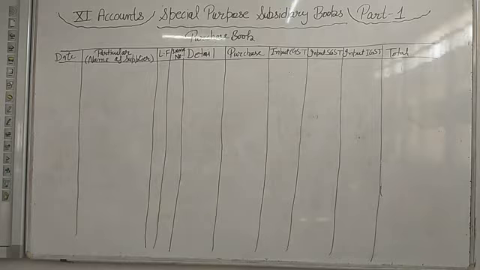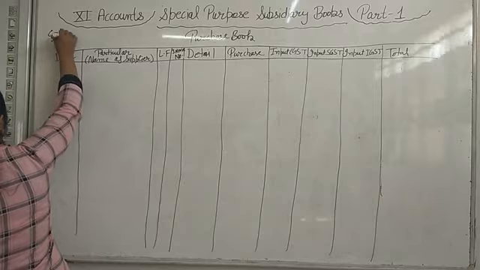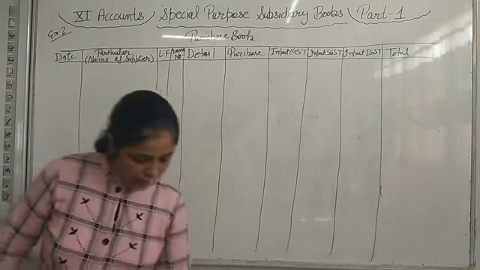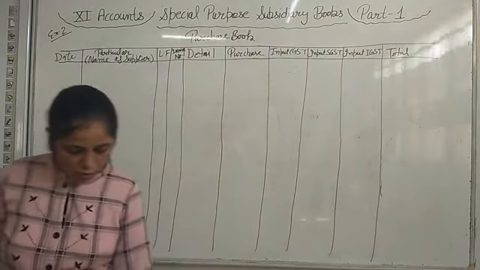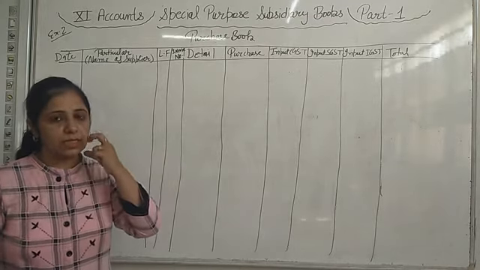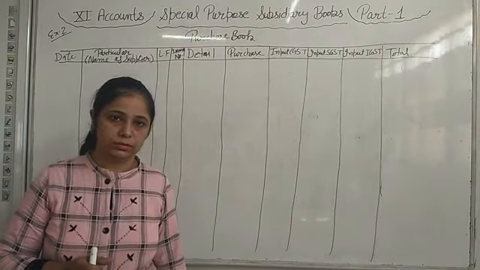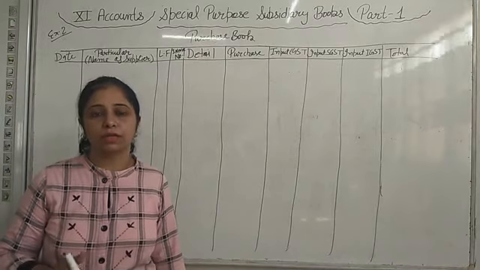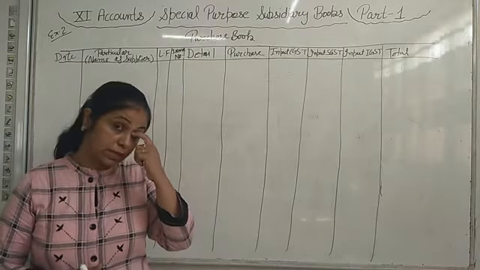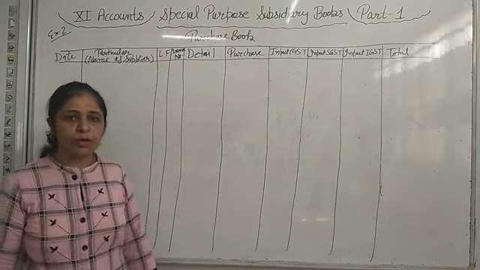Yes, students, open your book. Second illustration, example number 2 we will solve here. Purchase book. Enter the following transactions in the purchase book of Superior Cloth House. Which type of business? Cloth business is there. So cloth is our goods. If we purchase anything except cloth, that will not be recorded in the purchase book. Fine, so keep this in mind. Assuming CGST and SGST same rate, 2.5%.